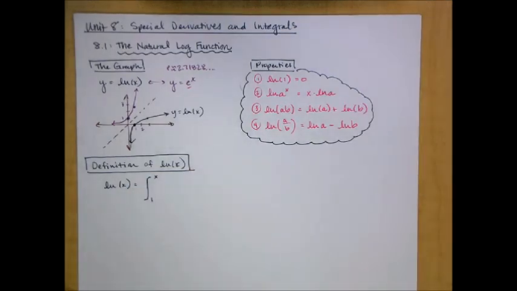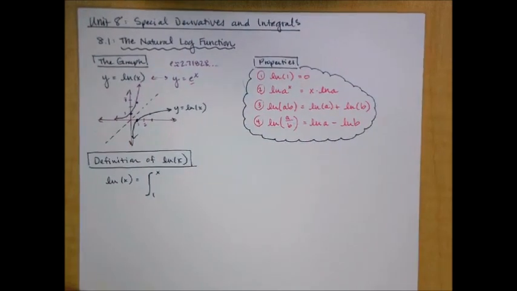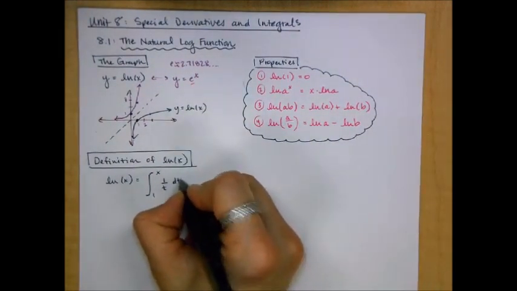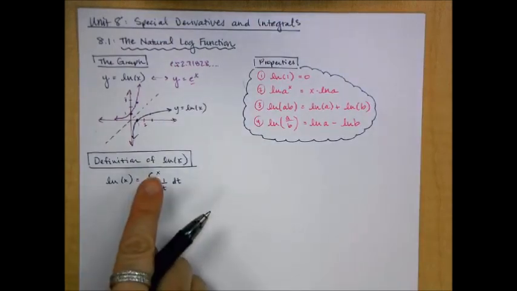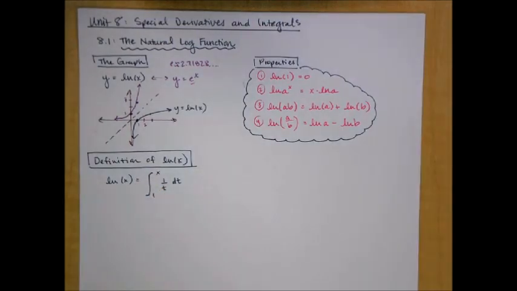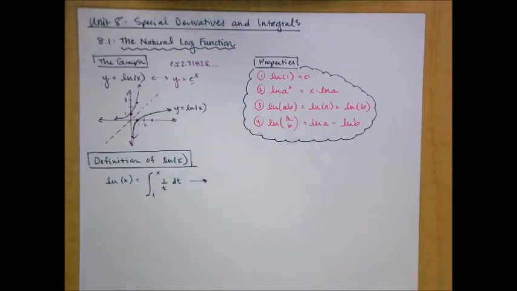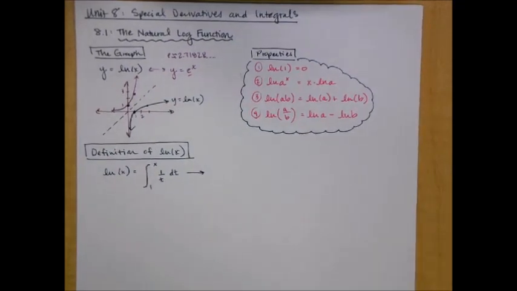So it's given by the integral from 1 to x of 1 over t dt. So hopefully that looks a little bit familiar here with the mixture of the variables. So what happens when we take this and we apply the derivative to it? That's going to be our second fundamental theorem of calculus. So if we take the derivative of each side,